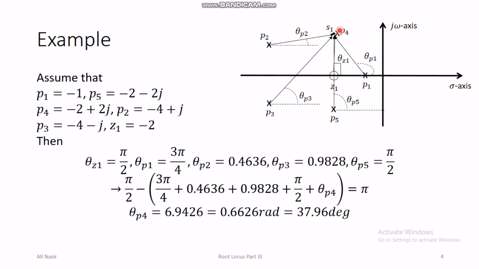Similarly, we can put this test point very close to this zero and can find the angle of arrival at this zero. Whichever pole arrives at this zero, we can find the angle at which this pole will arrive. We can also guess it, because if you remember rule number 6 of root locus, you put a pointer here, you can see that on the right side there is no pole or zero, so there will be no root locus on the real axis here, and here there will be root locus on the real axis. So there is a chance that this pole will go to this zero as you increase the gain. So the angle of arrival at this zero, we can guess that it will be 180 degrees,